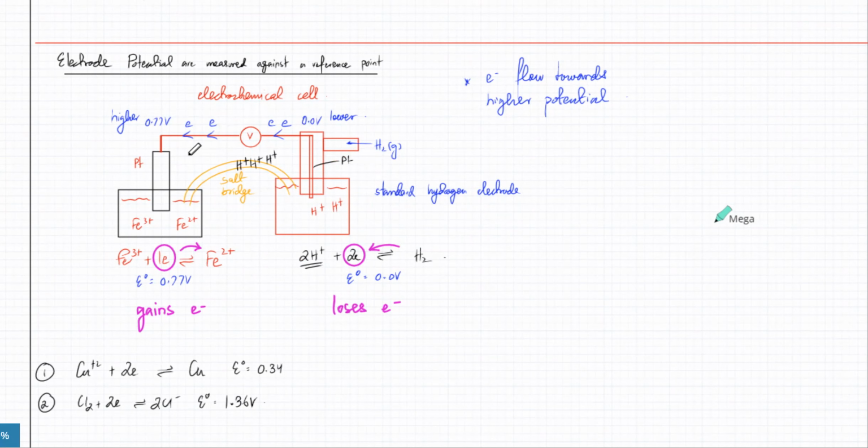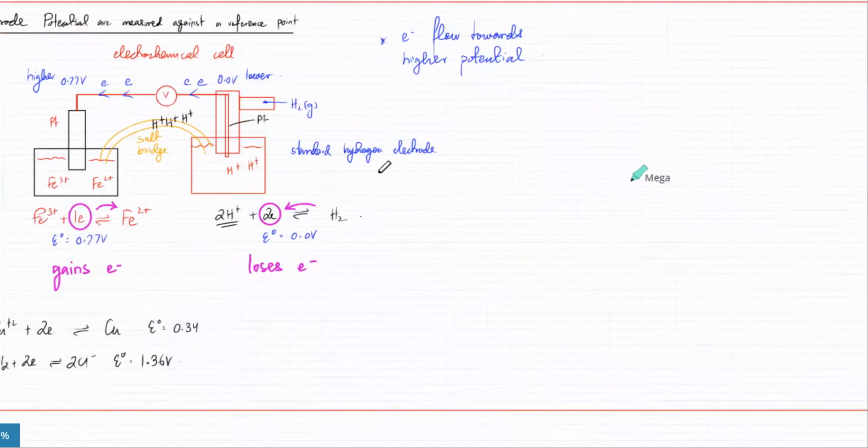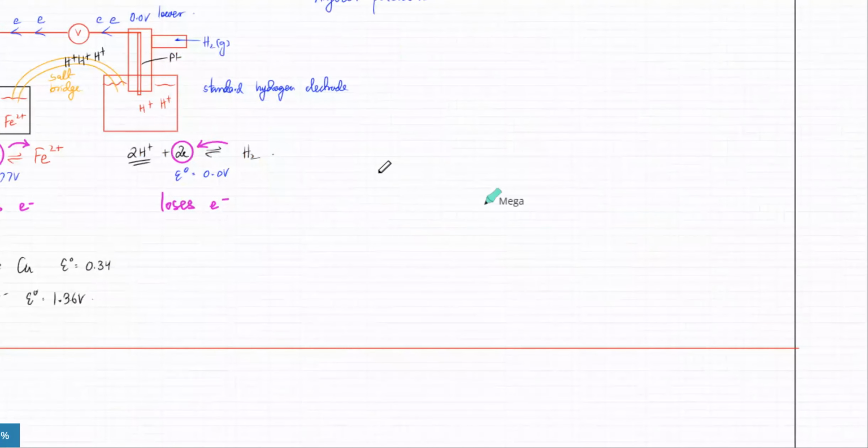If they like to gain electrons, the electrode would have a positive potential. If the substance or the reaction over here wants to lose electrons, there's going to be a lot of electrons over here and it's going to be negatively charged, or lower potential compared to the hydrogen electrode. So the definition for this is that,